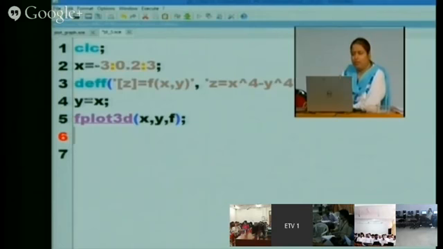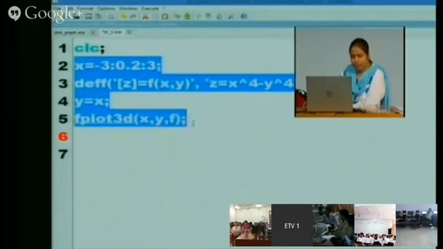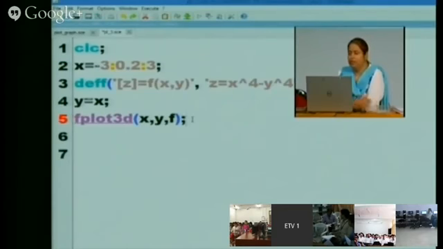Next is the mesh plot. Ma'am, why did you not take z in this, x y z? I did not take z because I have declared z in the function. When I am using the function, then I have to write fplot3d x comma y comma f.